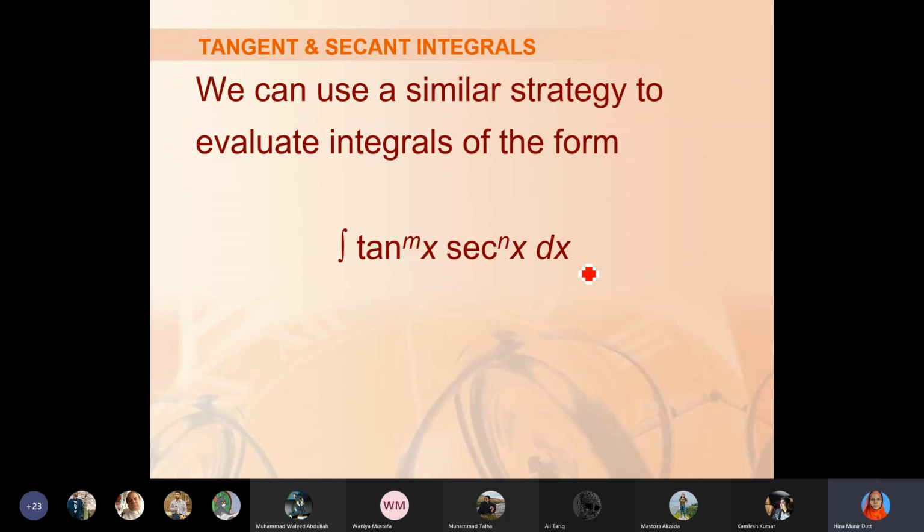We can separate either secant square x, or we can separate, और किसको सेपरेट कर सकते हैं? Secant x tan x. Secant x